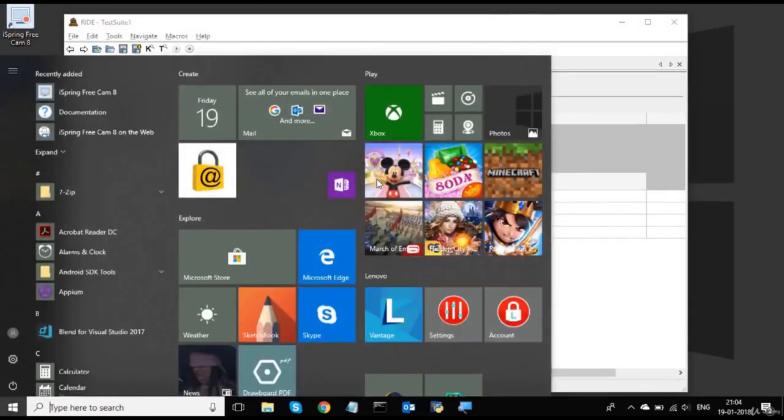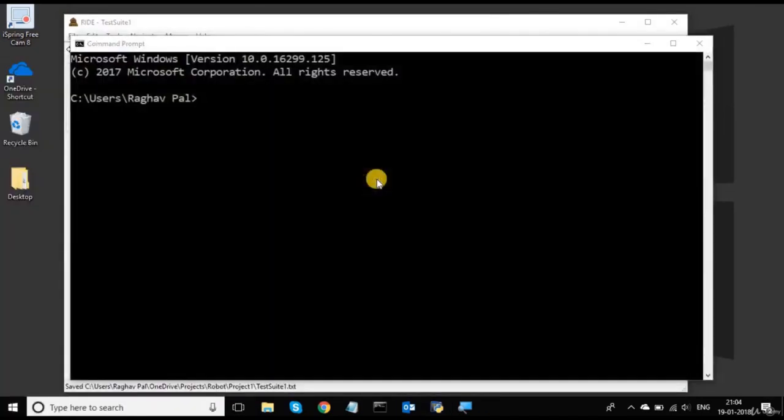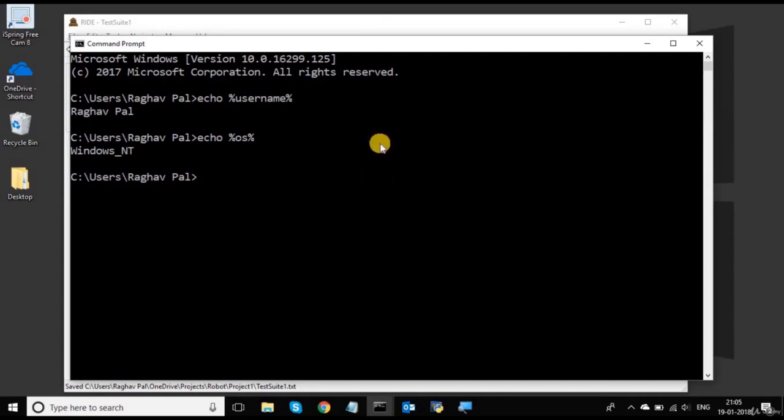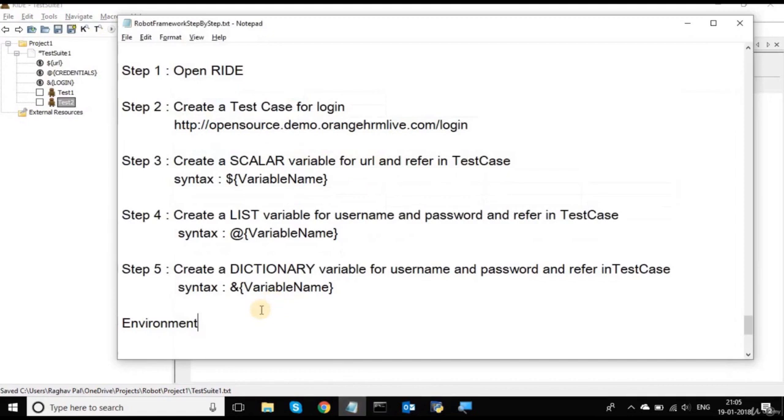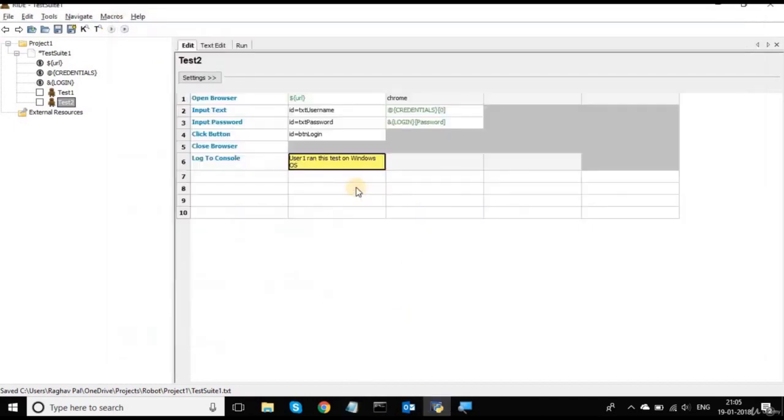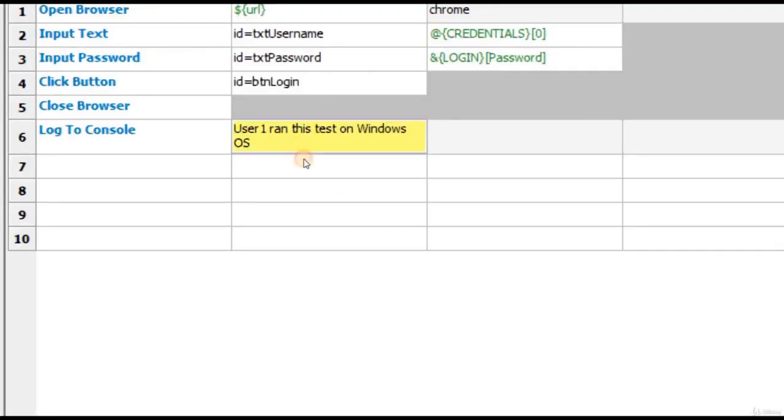So let me go to a command prompt and say if I want to take the username. So let me see the username, which is Raghav Pal, and let me say what is the OS, which is Windows NT. So what I will do is, for environment variables, the syntax is percentage and the variable name. So what I will do here is instead of user1, I will say percent